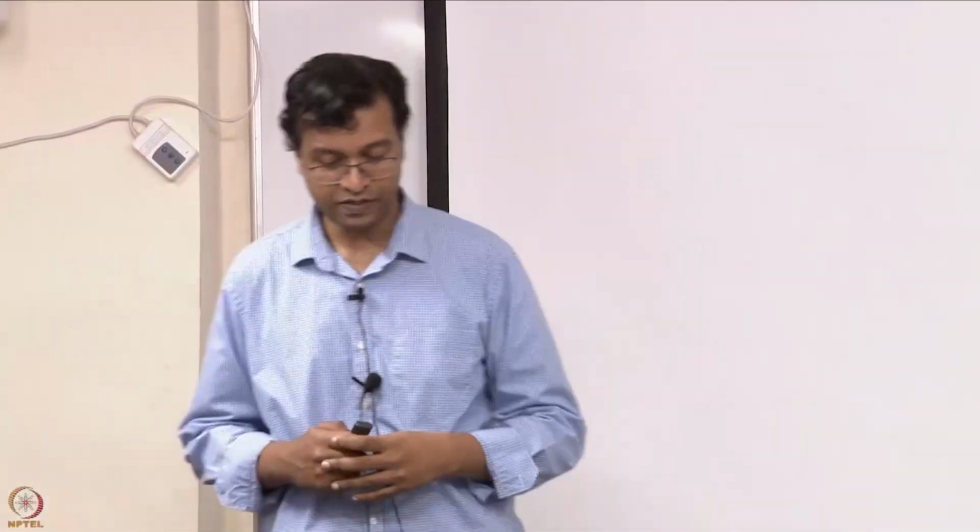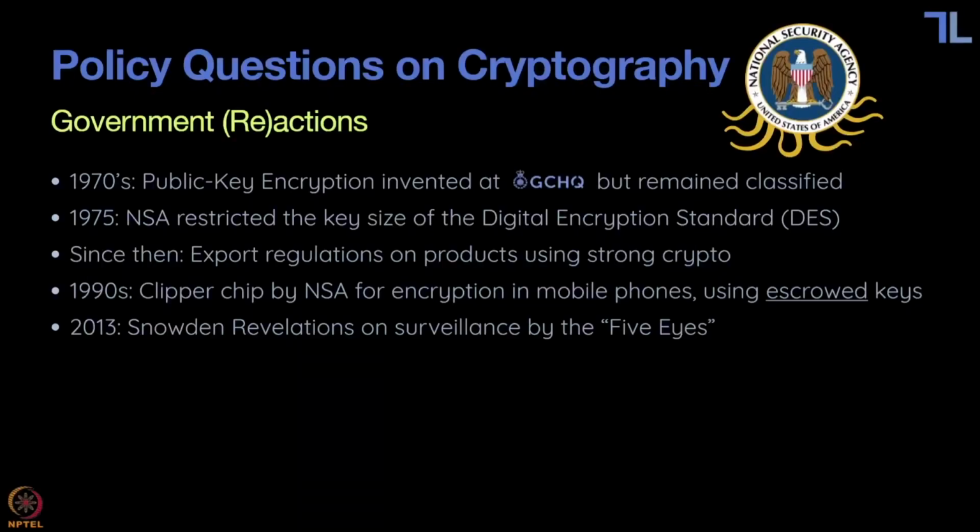There was a lot of heated pushback from the academic community, from the business community, and so forth, and the plan was dropped, thankfully. That doesn't mean that the government stopped worrying about breaking encryption, and the Snowden revelations that we referred to yesterday showed how, so this was specific to the Five Eyes. So these are English-speaking countries which are together, they have an alliance. So US, UK, Canada, Australia, New Zealand,